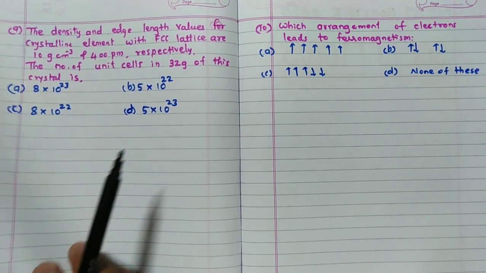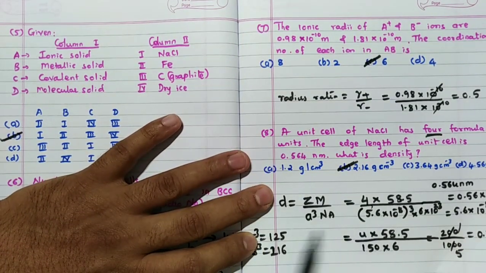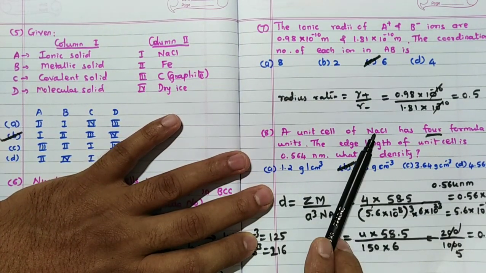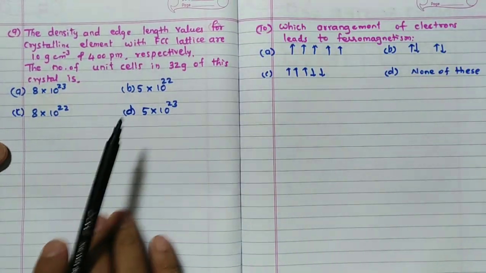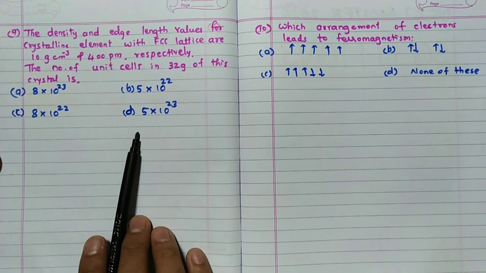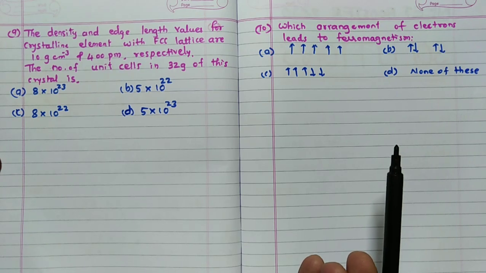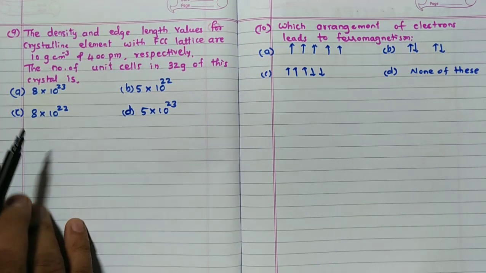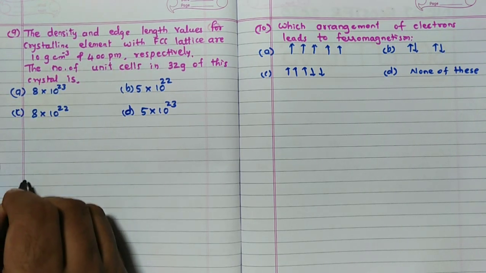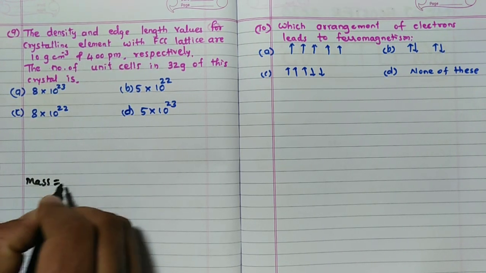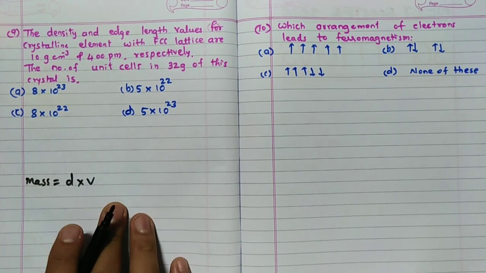It is just like here, like this. If I want to calculate the molecular mass, then I can get the answer 58.5. 58.5 which belongs to 1 unit cell, like that. So molecular mass belongs to 1 unit cell. 32 gram belongs to what is the unit cell that you have to calculate, right? Very simple. Now what is given here? Edge length is given. To calculate mass, what we want? Mass is equal to density into volume, because density is equal to mass by volume. So mass you can calculate by like this.